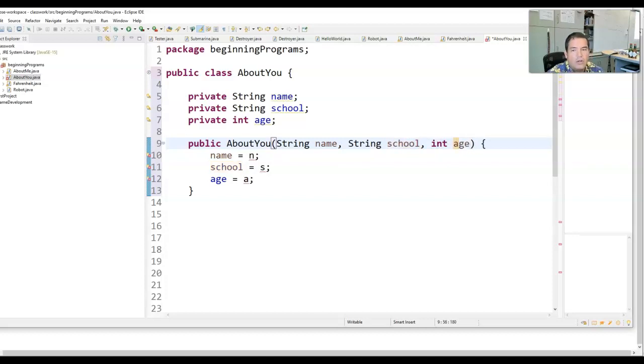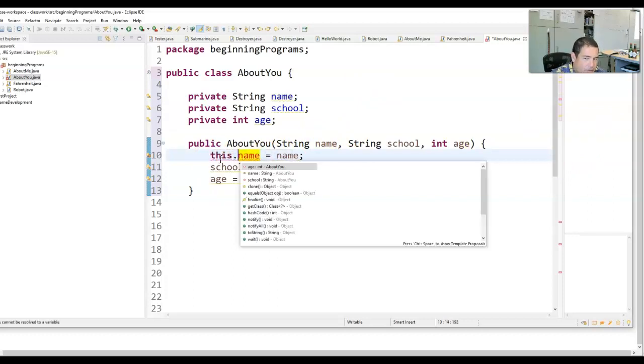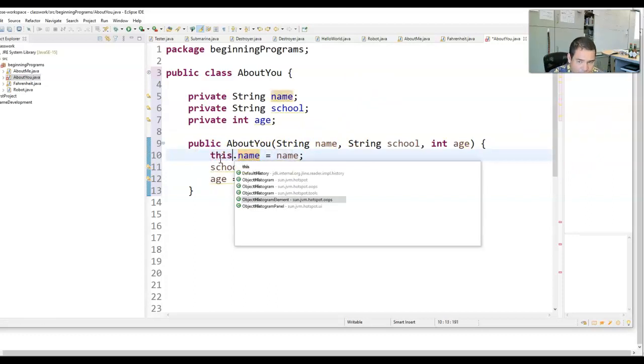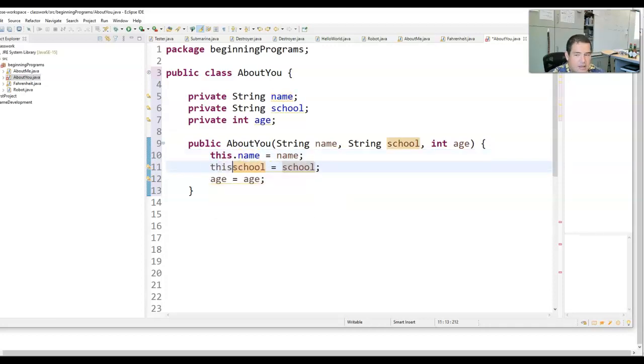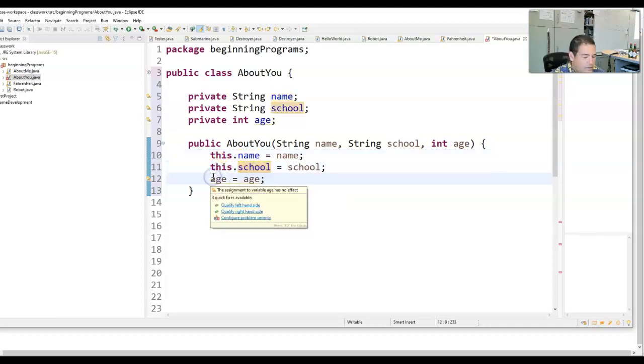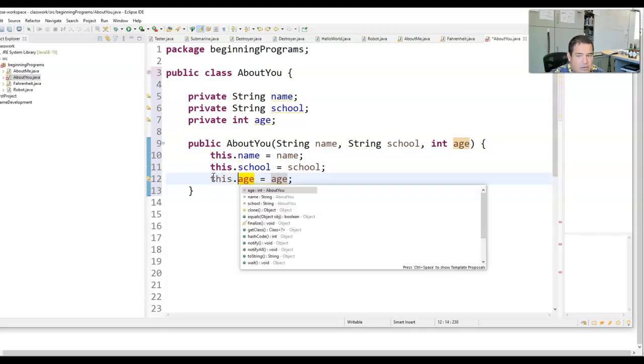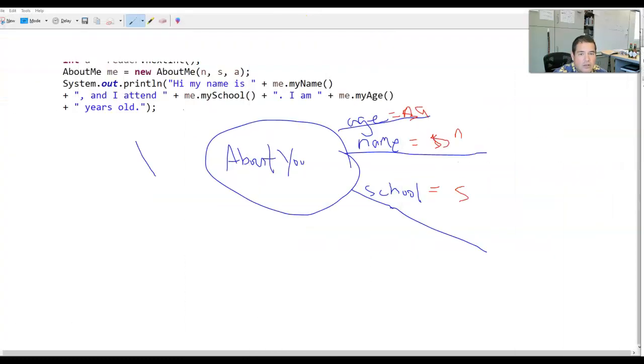The problem is how we distinguish between the parameter being given to us and the field itself, the class field itself. The way to get over that is to say that the field is this dot name. The field is this dot school. The field is this dot age, and that distinguishes the difference between